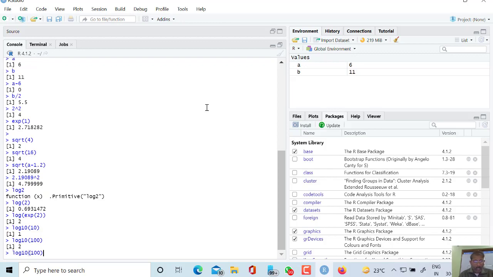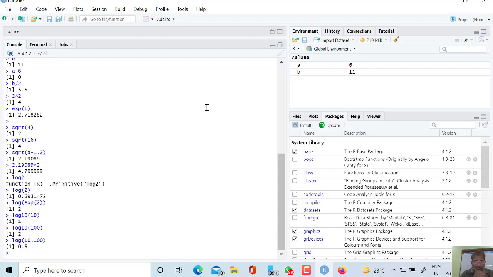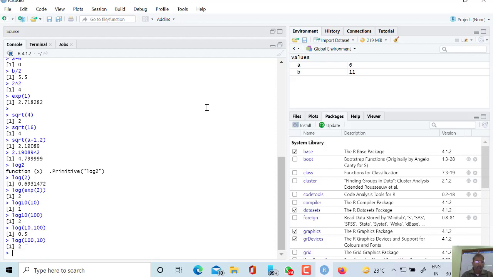One more method for writing this is log 100, base 10. I think it got reversed, so the base should be written on the right hand side. So like this we can also write it, with the base on the right hand side. So log values can be calculated like this.